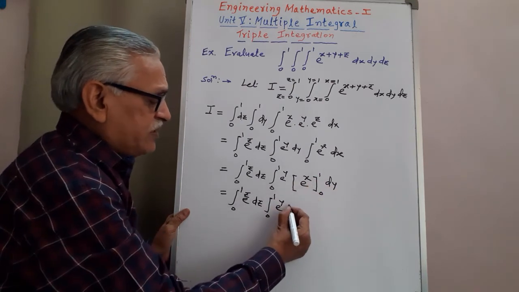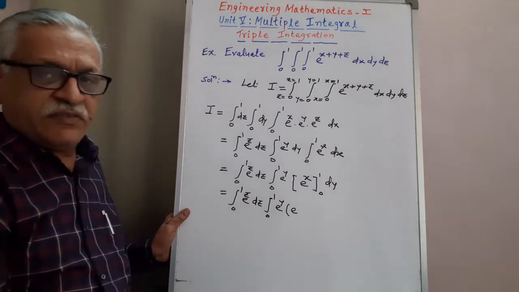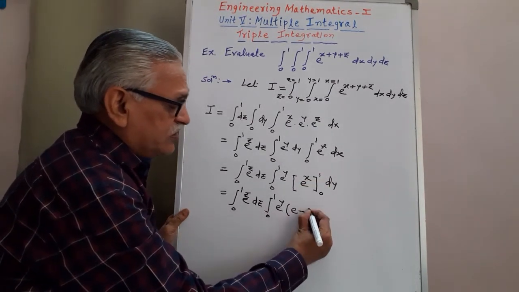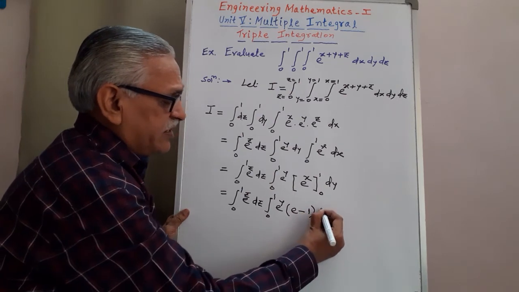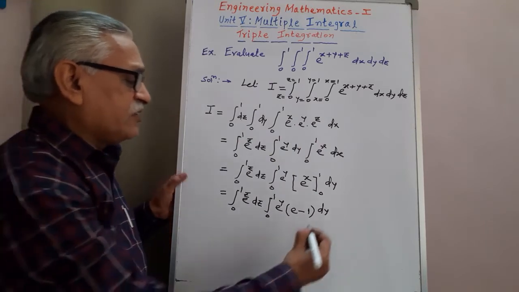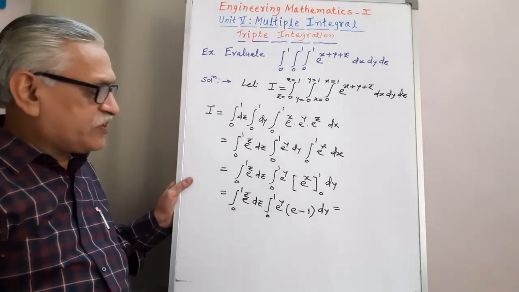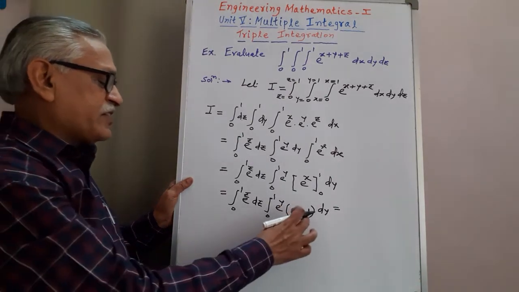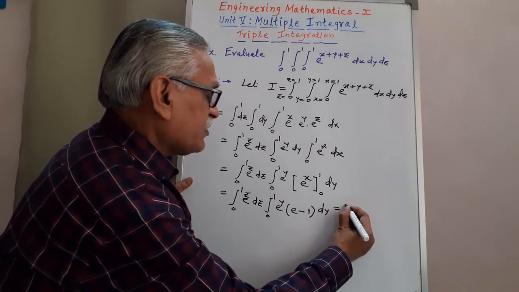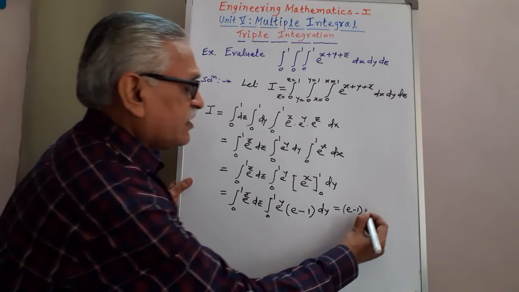Substituting the upper and lower limit. Upper limit for x is 1, therefore it becomes e raised to 1, that means e, minus lower limit e raised to 0, and e raised to 0 is 1, and then its integration with respect to y. It is equal to e minus 1, which is a constant term with respect to y, therefore I will take it outside the integral sign. So e minus 1 is outside as it is constant.